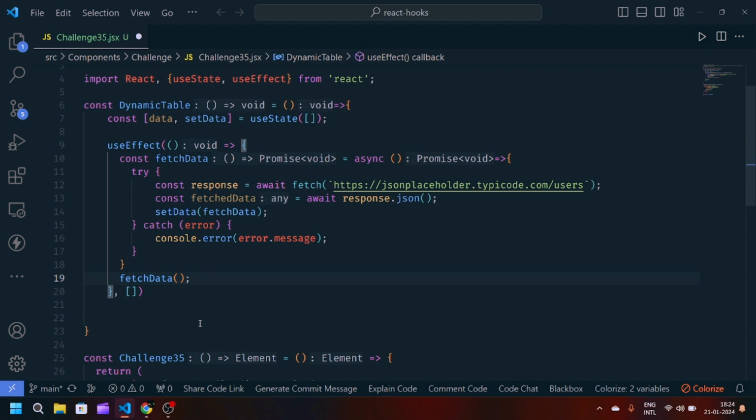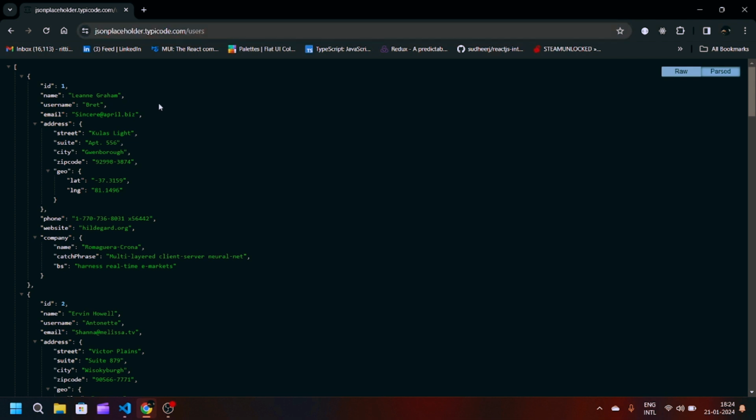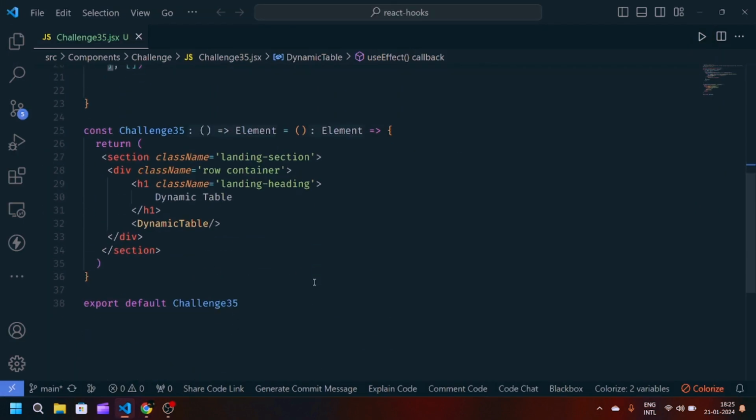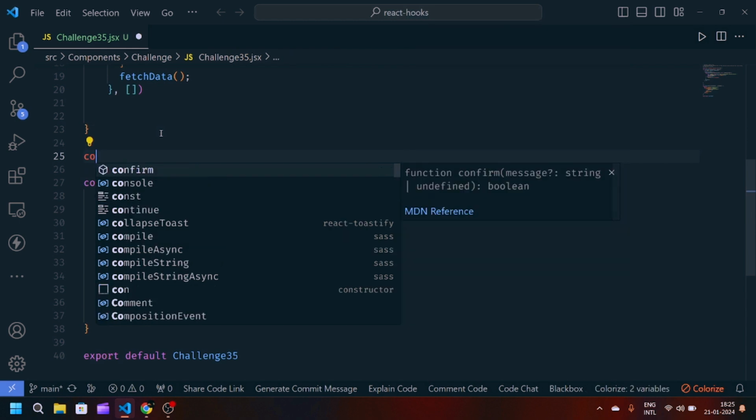You can see here we have this users endpoint, and when you hit this API, you will see we have this name, username and email. So we are going to use these as the columns for the table. What we can do is create one data structure for that, so we will write const columns